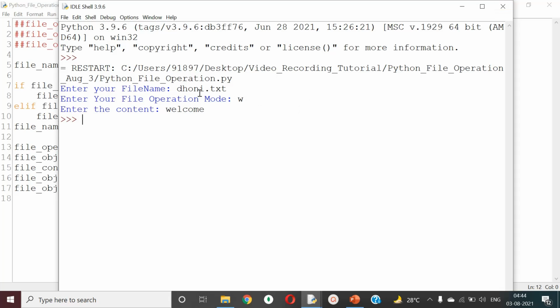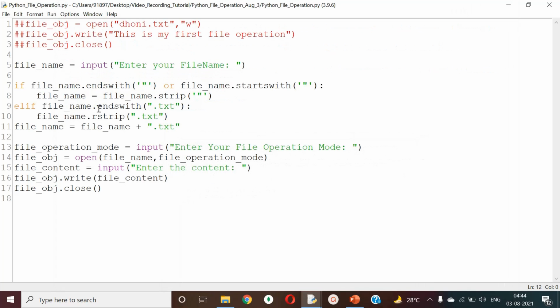So what is the problem here? It is considering everything as a txt. Okay. So now look at this. This is what the problem. So initially what happened? Elif file name ends with .txt. What we are trying to achieve here? I'm trying to check whether the file name ends with the .txt content. If it ends with the .txt content, what I'm doing? File name is equal to, this is what I showed out there.